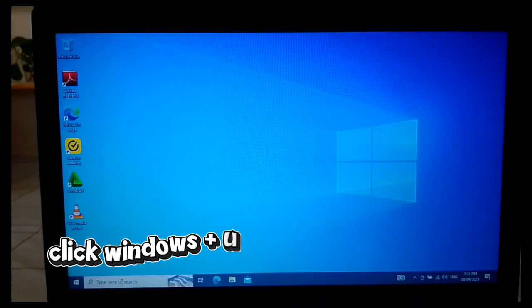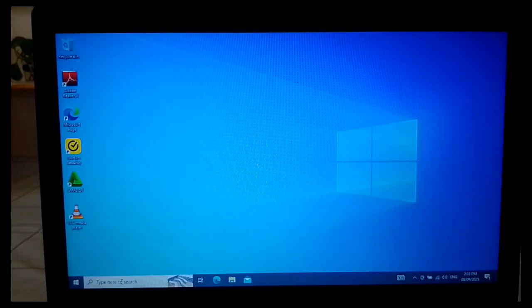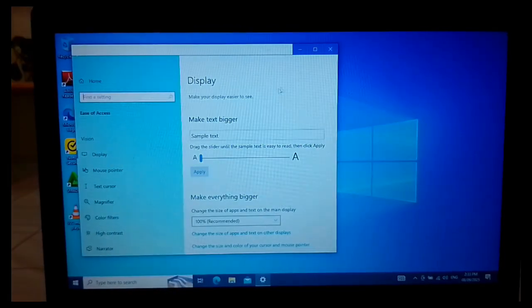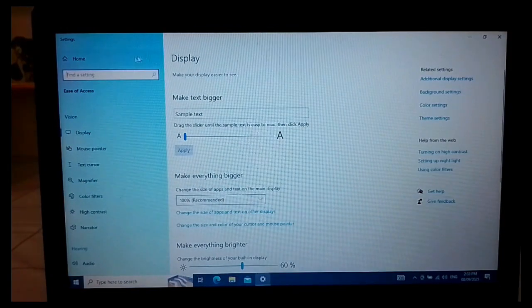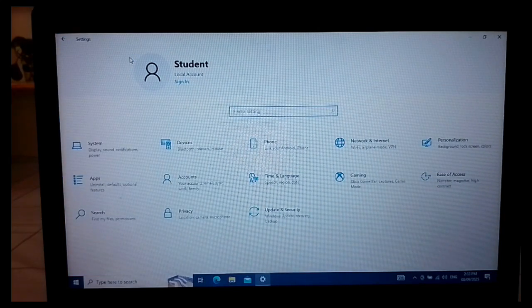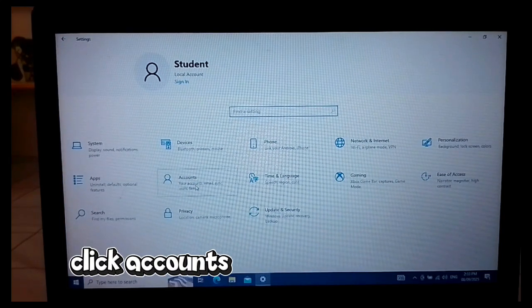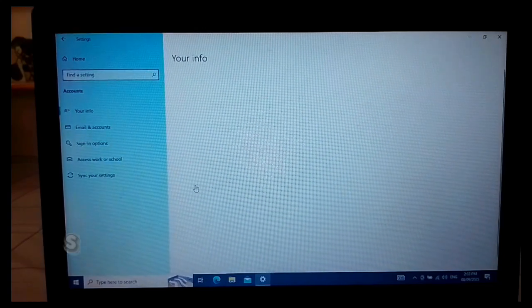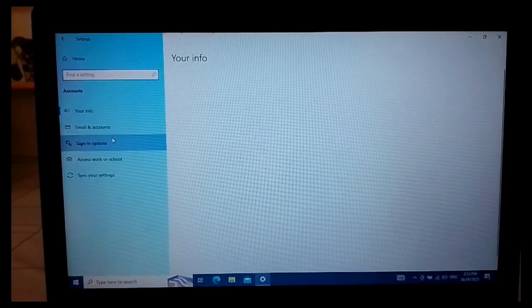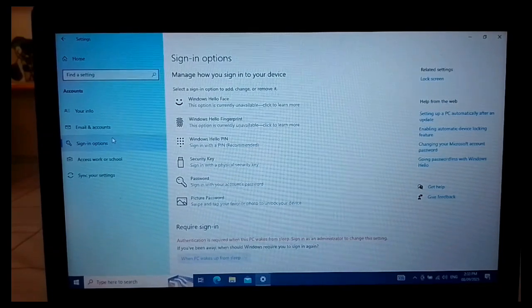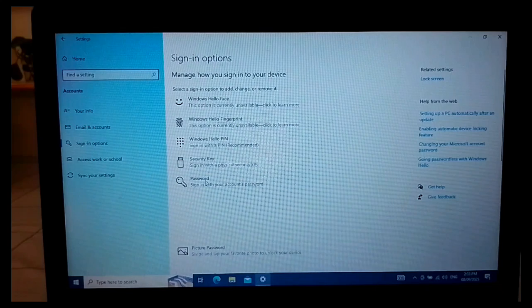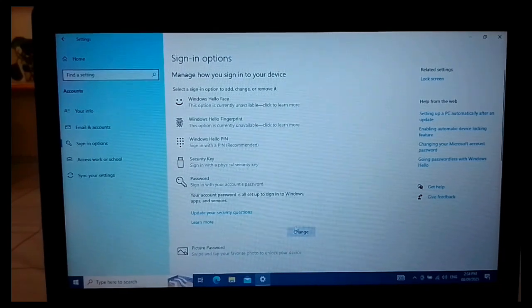So Windows plus U. Then Home, Accounts, then Sign-in options, then Password, then Change.